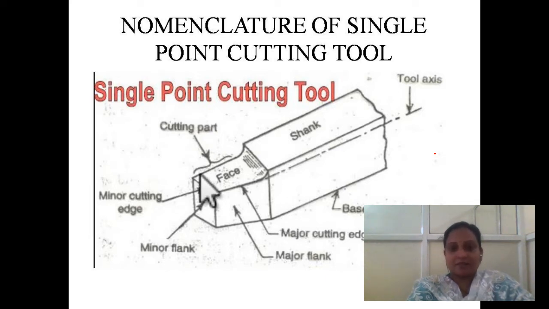When we are doing the machining operation, the chips we are getting, the waste material which we are removing, will flow over this face. In order to understand the purpose of all the parts and study the nomenclature, let us look at the front view, top view and side view of this single point cutting tool. On this side you can see the back rake angle. This is the front view of the cutting tool, what you see from the top is called the top view, and this side is the side view.